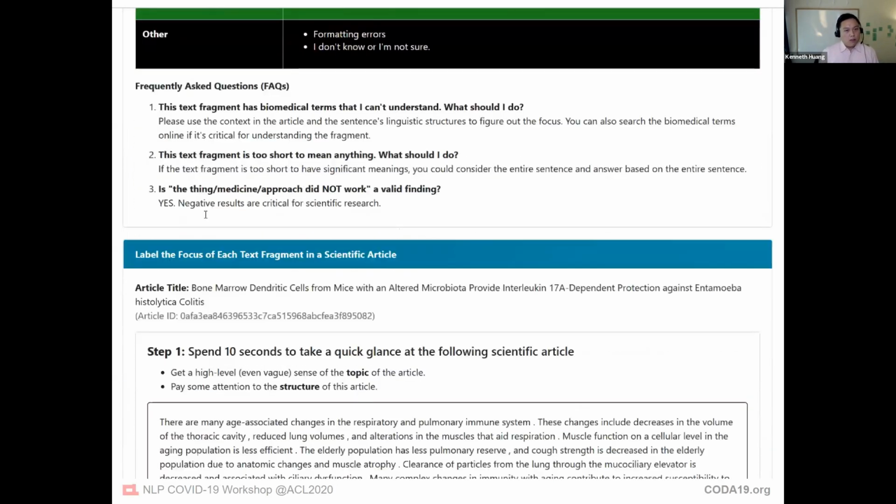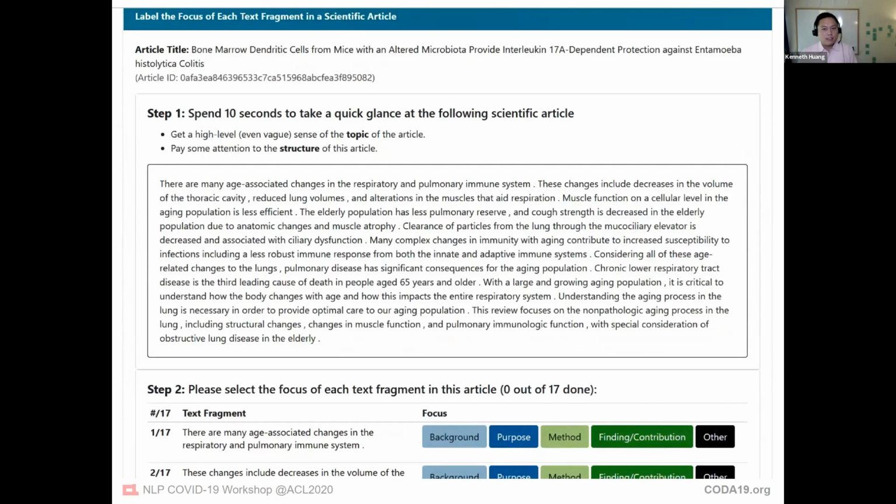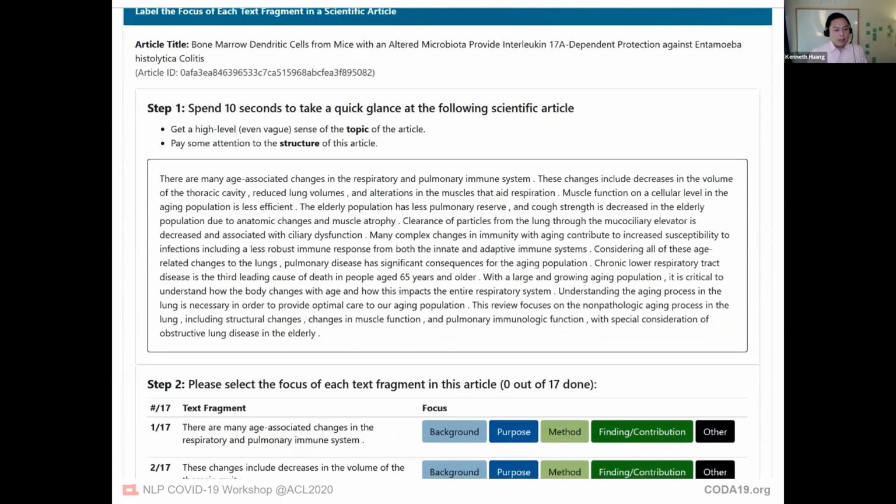So in step 1, we ask crowd workers to spend 10 seconds to take a quick glance at the entire abstract, right? The goal is to get a high-level sense of the topic so that they know what they're annotating. And in step 2,